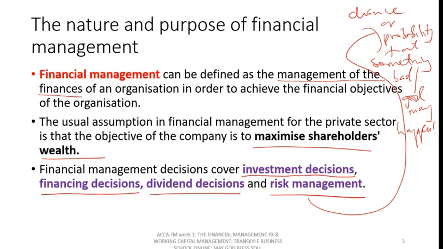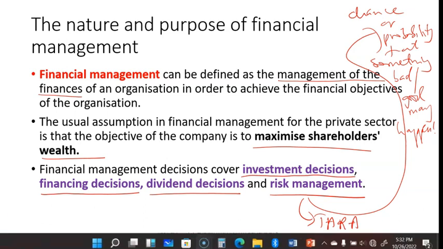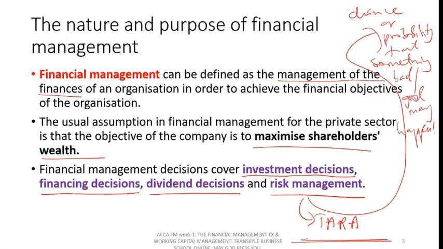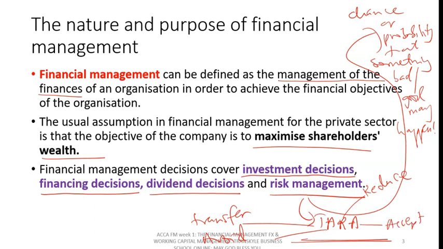Those ideas. There is what is called the TARA framework. Basically when we are talking of the TARA framework, we're simply saying sometimes you need to transfer the risk. Sometimes you need to avoid the risk. And then R is for reducing the risk. Sometimes you reduce, and sometimes you need to accept the risk. That's the TARA framework.